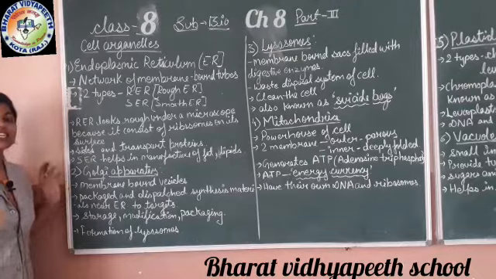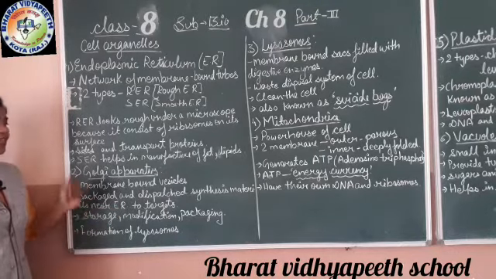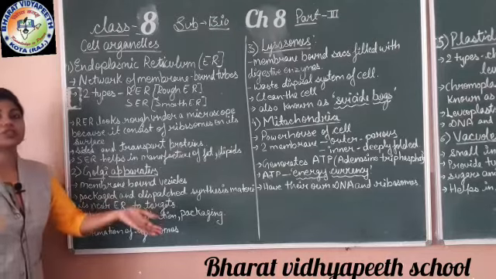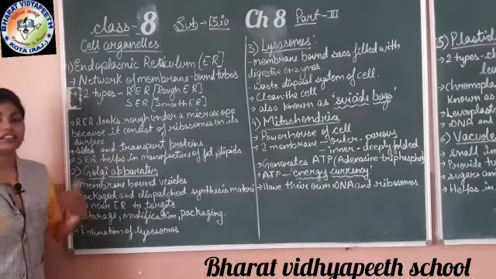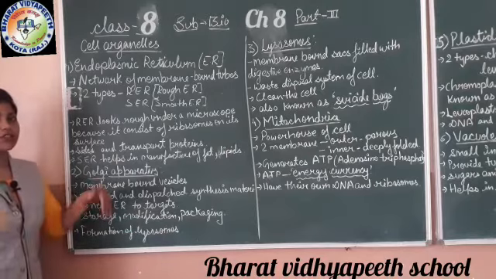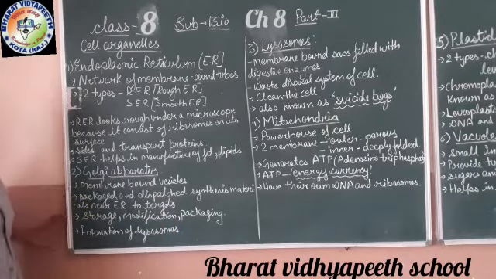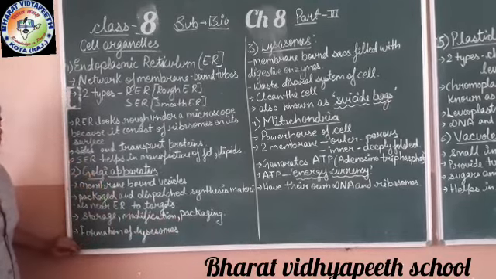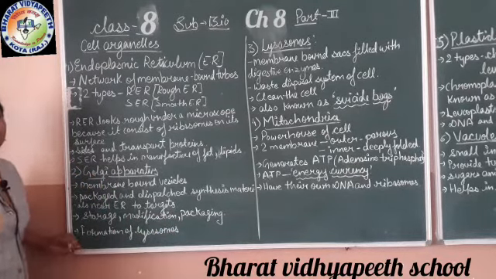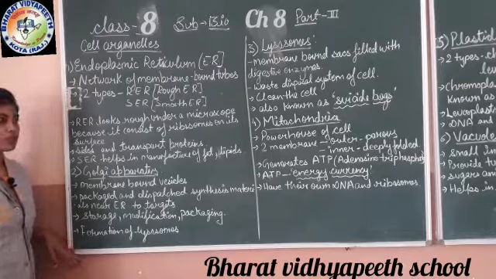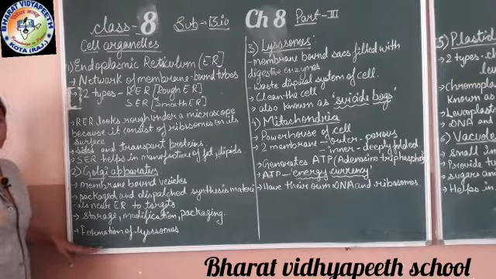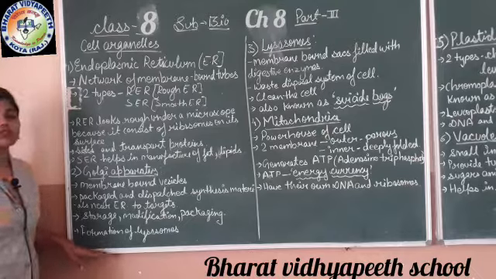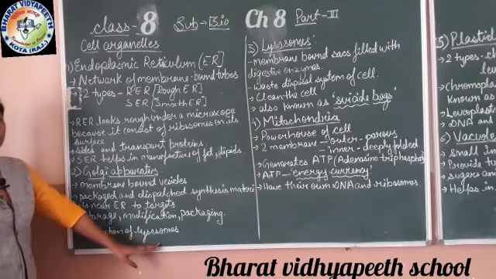Golgi apparatus is like a delivery boy, you can say, which packs the thing and then delivers it to the required area where it is required, like other cell organelles. It packs them and gives them to the other cell organelle. Next, it stores some type of lipids and proteins, and it modifies them and packs them. Next is the formation of lysosomes. Golgi apparatus also helps in the formation of lysosomes. Lysosomes are a type of cell organelle which are formed with the help of the Golgi apparatus.